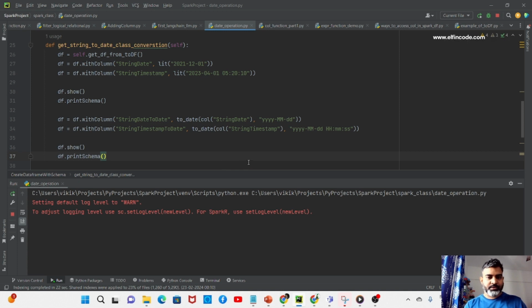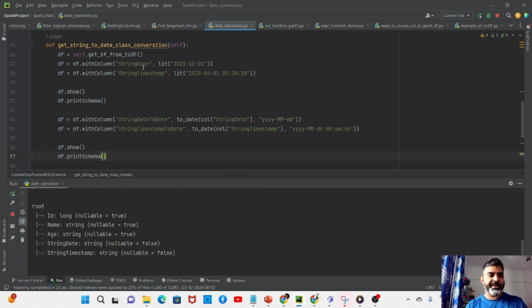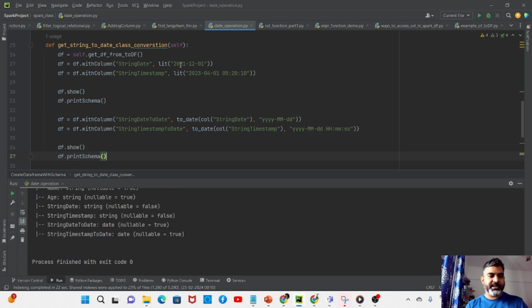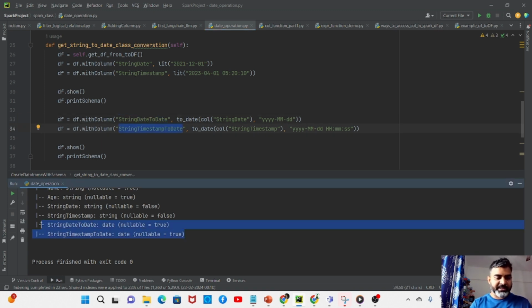Okay, so it is quite simple. First we created two columns of string data type, where we kept the string value of the date and the string value of the timestamp. Then we created two new columns, and with the help of these existing columns we tried to create new columns: string date to date and string timestamp to date. So now here you can see in the resultant data frame, these two columns come out